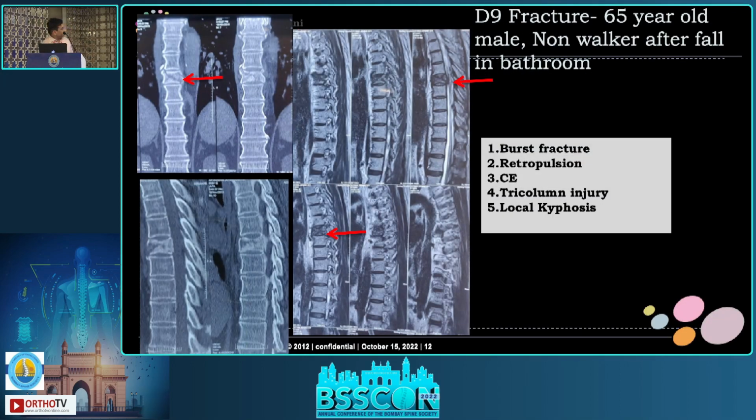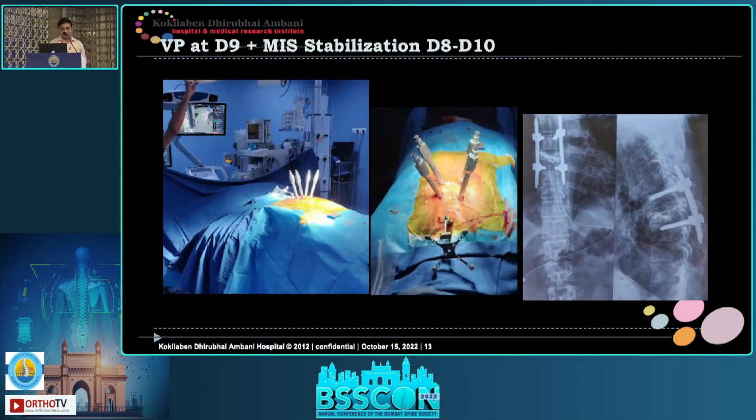And then another D9 fracture in 65-year-old male, non-walker after fall in bathroom. It's an incomplete burst fracture. You can get away with a vertebroplasty and MIS stabilization in this patient. So we have 2 options in these patients. You can get away with MIS stabilization and stabilizing the anterior column with vertebroplasty. If the deficit is dense, patient is fit, you should do vertebral column resection and 2 levels above and 2 levels below stabilization